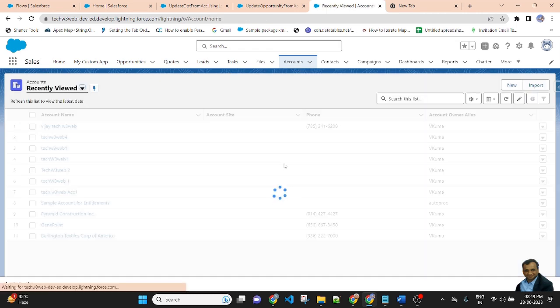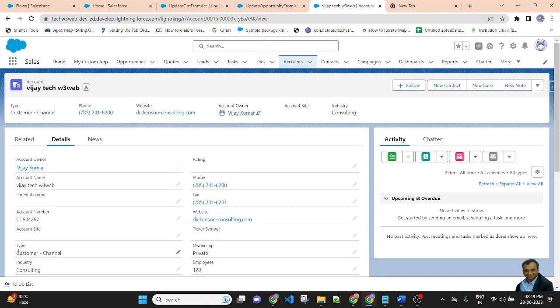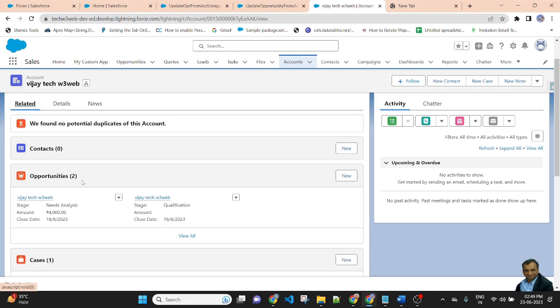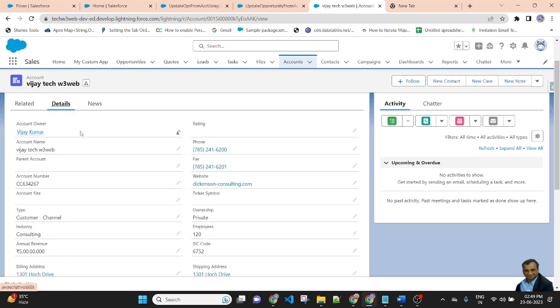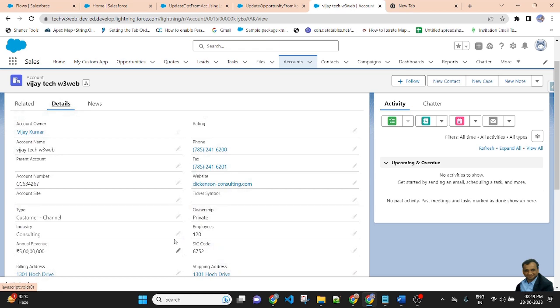So go to the account, opening one record. As you see, Vijay Tech W3 Wave is the name of the account, and then go to the related list. There are two related opportunities for this account. So if I change the name of the account, both opportunity names will be automatically changed using the record trigger flow.